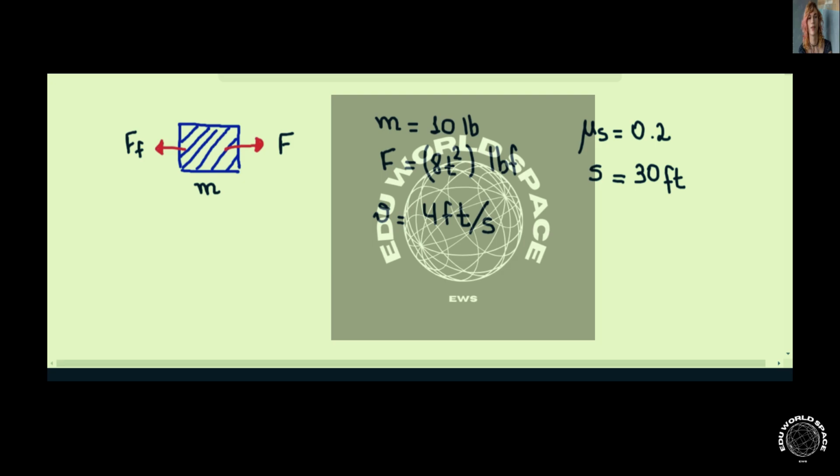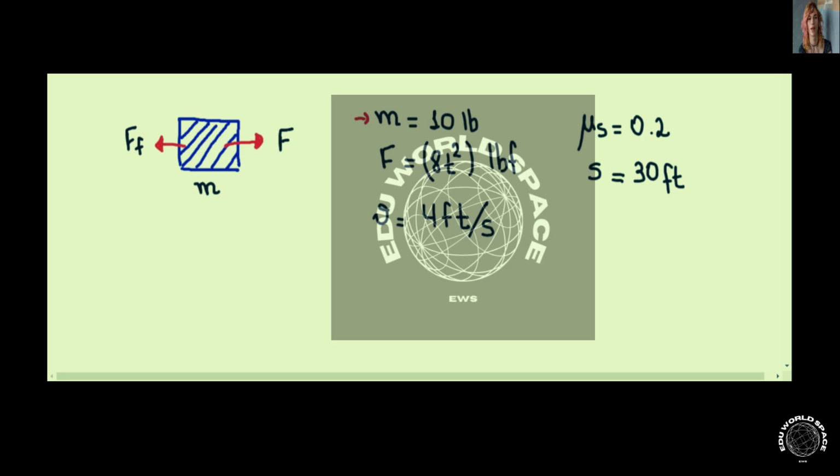In this exercise, we have a block that has a mass of 10 pounds and an initial speed of 4 feet per second. A force F is applied on the block, and the force F is equal to 8t squared pound force, where t is the time, and the block is on a surface that has a kinetic friction coefficient of 0.2. And our goal is to find what is the speed of the block, Vf, after the block travels a distance